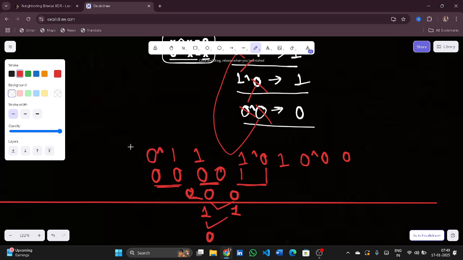So here 0 XOR 1 is giving me 1, 1 XOR 0 is giving me 1, 0 XOR 0 is giving me 0. But this should be equivalent to